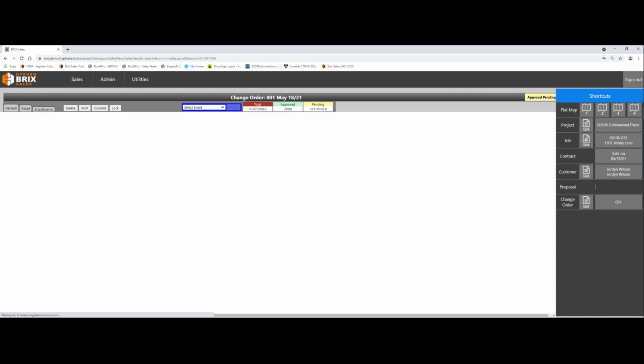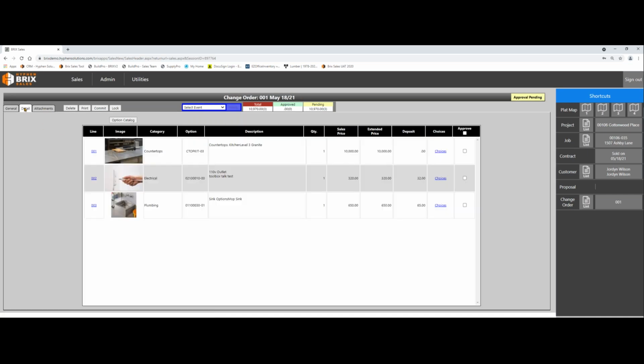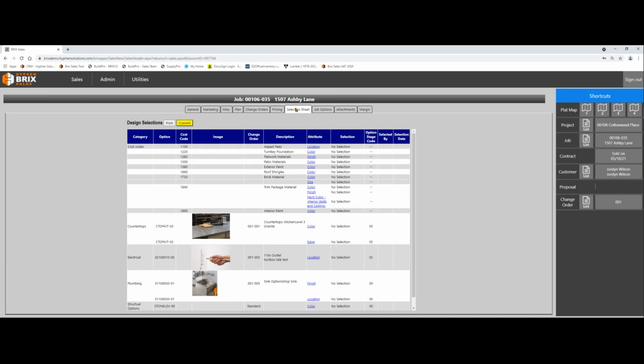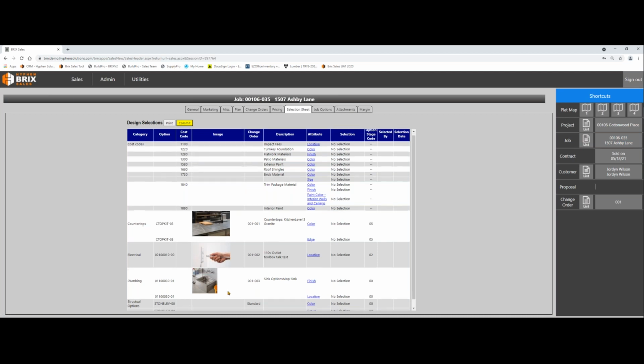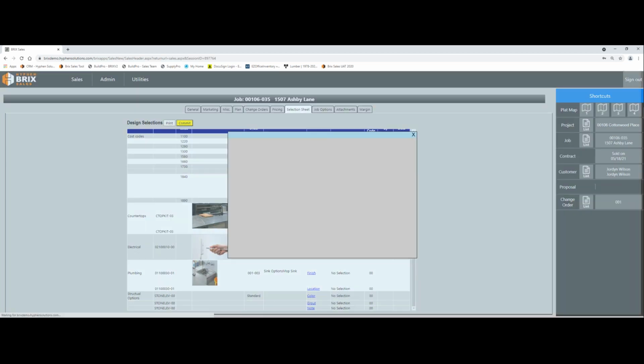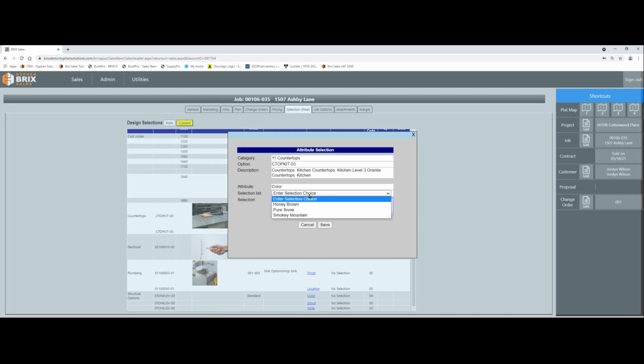So I can see all the options she's got. I'm going to be able to convert this just like I normally would following that entire construction process. So I've got the images and everything right here. The other place those images are actually going to show up for you is on your selection sheet. So from the selection sheet here, I can see all of those images. You also still get the ability, even though on the proposal you weren't adding those attributes, you still get to add them right from the selection sheet, just like you normally would,